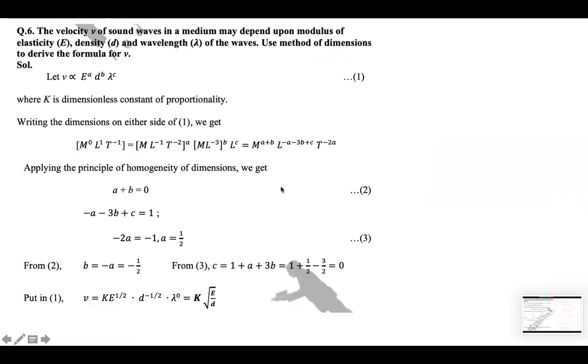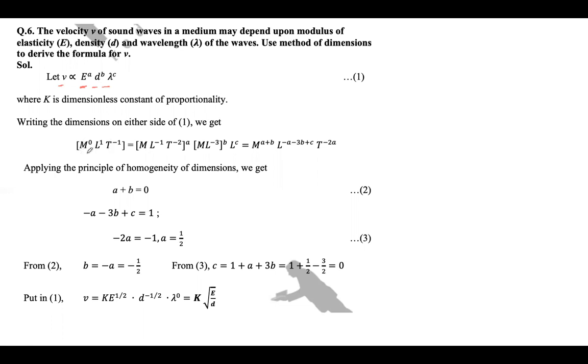So similarly, let's say we have another question where the velocity v of the sound wave in a medium may depend upon modulus of elasticity, density d, and wavelength lambda of the waves. So we know that the velocity of the sound wave is dependent on modulus of elasticity, density, and wavelength. So let the dependency be e raised to the power a, d raised to the power b, and lambda raised to the power c. So if we write the dimension on both the sides, left side and the right side,